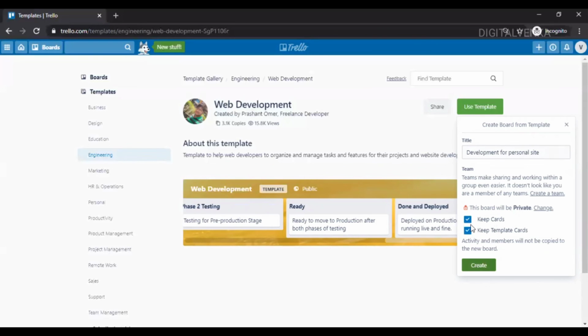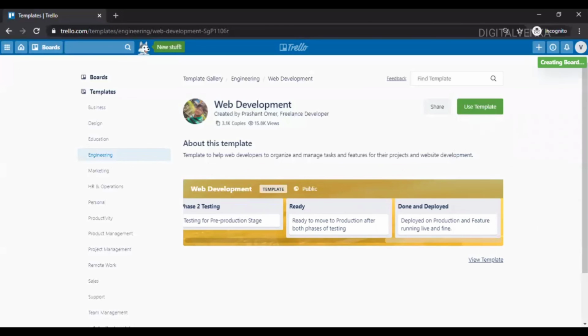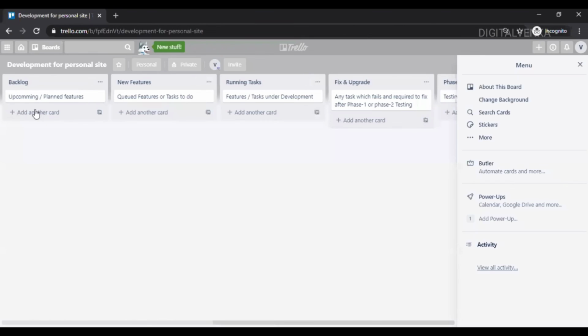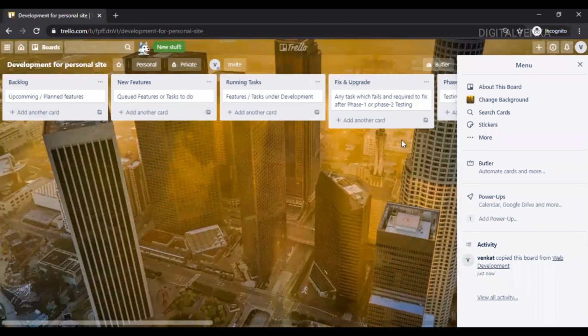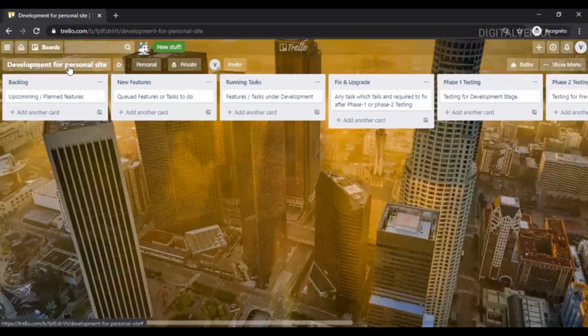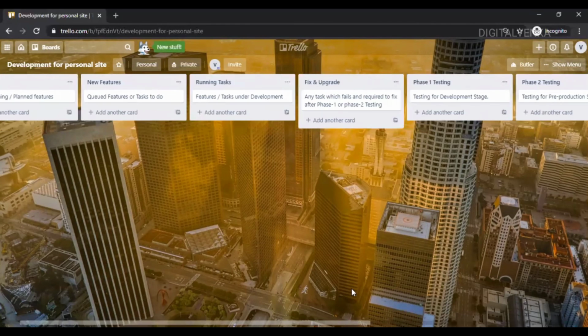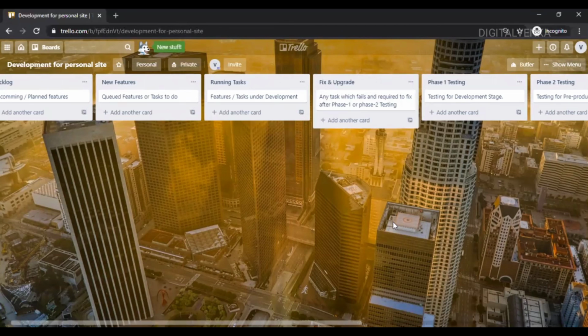The card will be private. You can create boards here. You can go and see it in our boards. You can see that it is automatically added to our boards. We can change that and give permission to our team members. Easily we can run this task and see in which space our project is. So use this free tool.